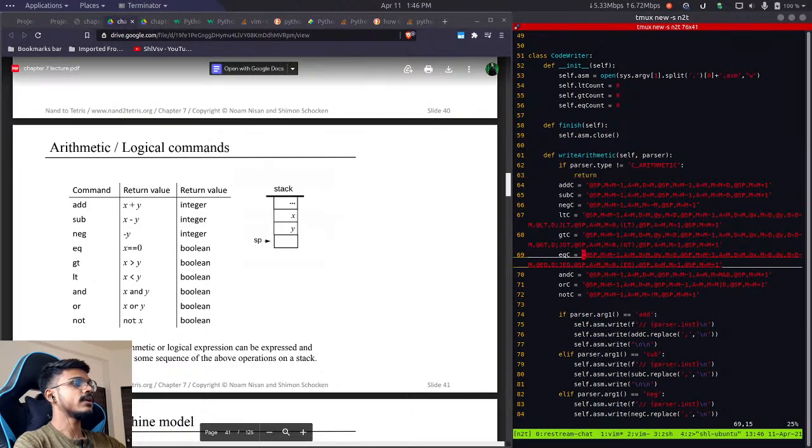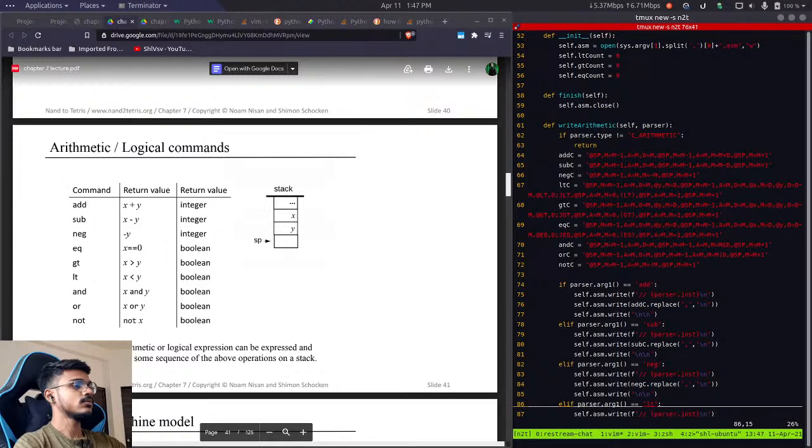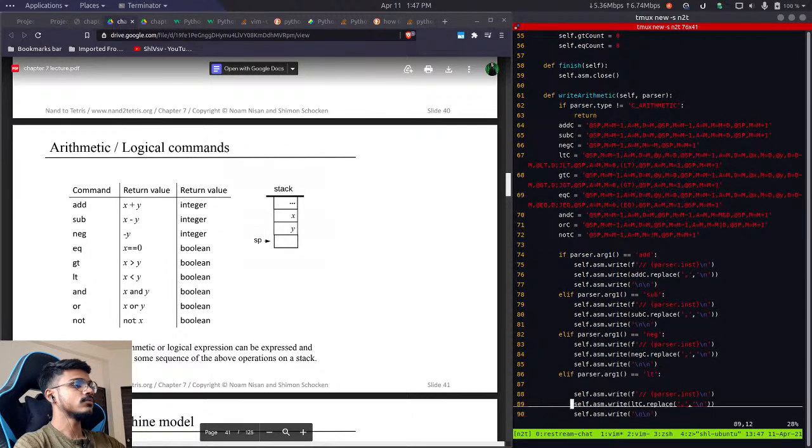And we will increment the counters here. No, we'll increment after we have assigned it to the variable. So we'll increment over here. We'll do self.lt_count